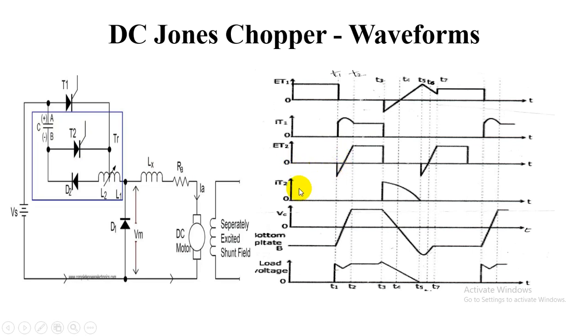You can say this is I2, IT2, and this is the load current. So load current is absent totally, because the load voltage is 0, because this input voltage is all appearing across the thyristor T1. Later on at T1, thyristor T1 is triggered during this operation T1 to T2, and it allows the current to flow because it's going to be short circuited, and voltage across a short circuit is 0, and it allows the current to flow up to T2.